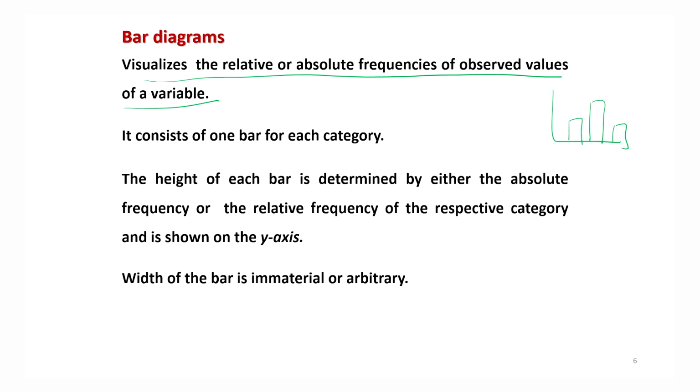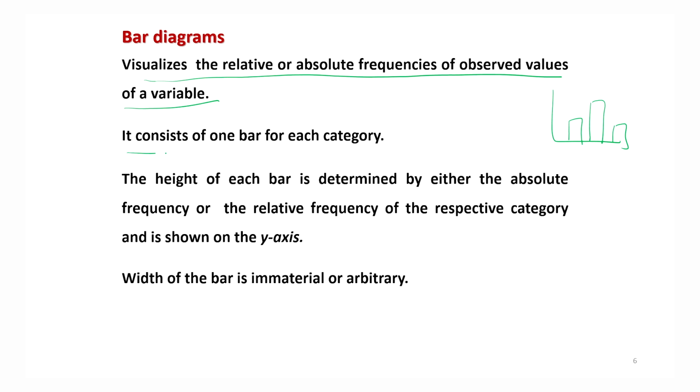What is the frequency? The frequency is the number of times a particular data is occurring. And there can be relative frequency, there can be absolute frequency. Absolute frequency means the number of times, and relative frequency is the number of times divided by the total number of times. If you want to understand these concepts, you can look into the course Descriptive Statistics with R software, where I have explained them in more detail, but here I want to simply use them.